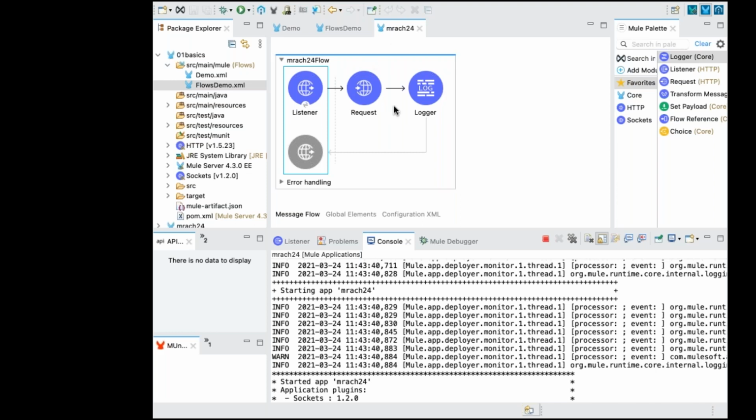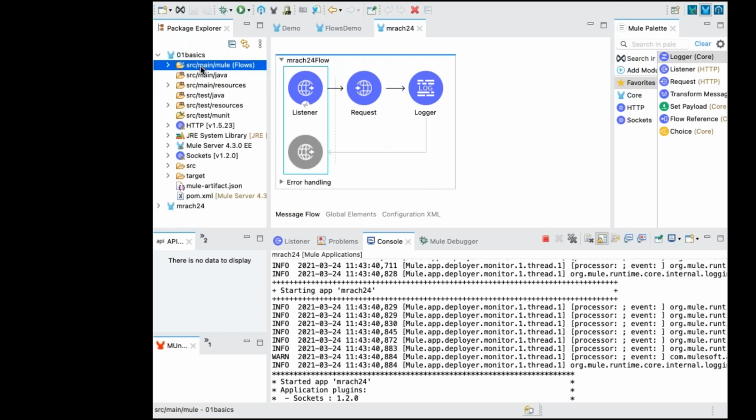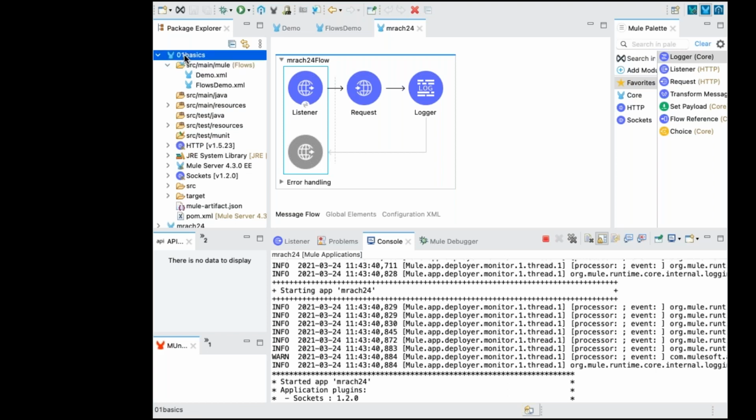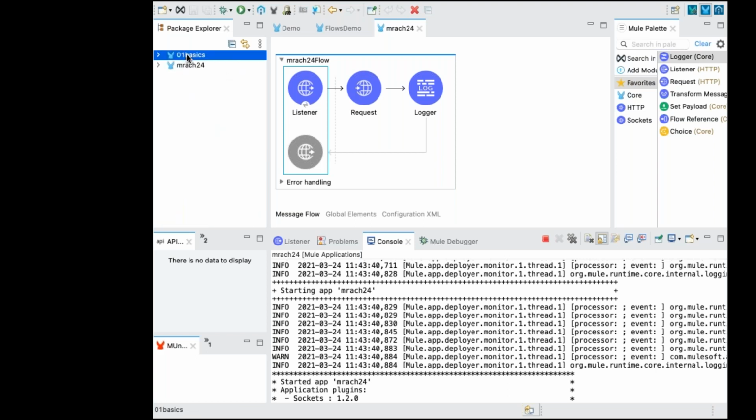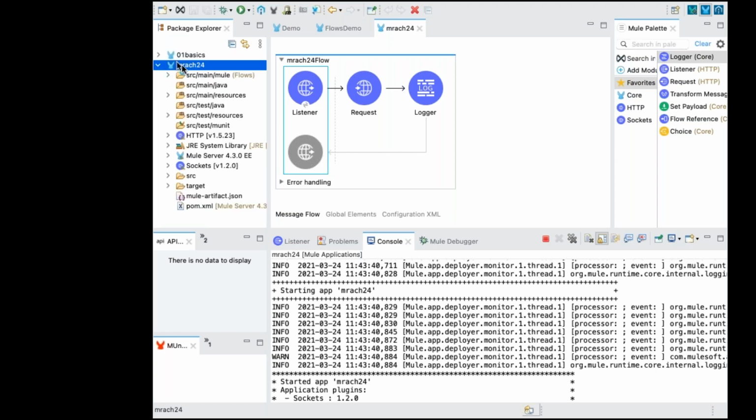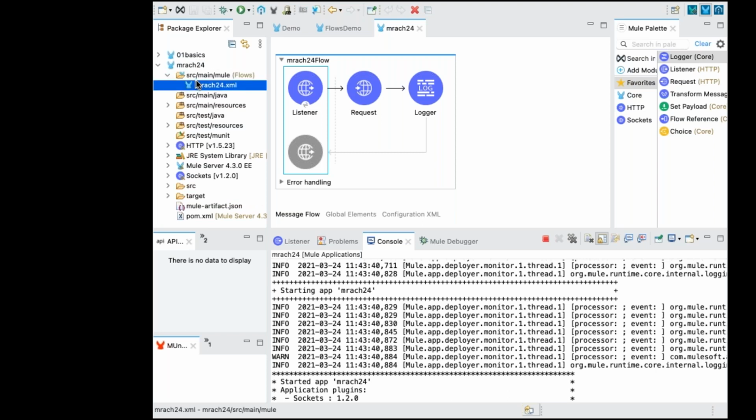Okay, no. On the left side, Package Explorer. Open that Package Explorer. Again, expand it. Is this one your application name, 01 Basics? Yeah, I did not open that. That's what I was saying. Okay, where you have written all this in the March 24. Okay. Should I copy this XML and paste it in 01 Basics? Not required. Why not required?